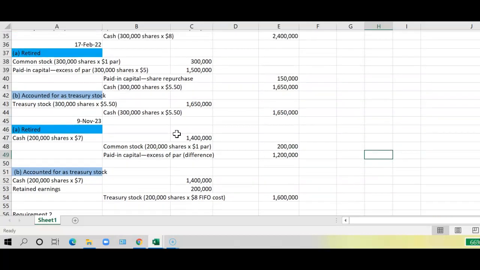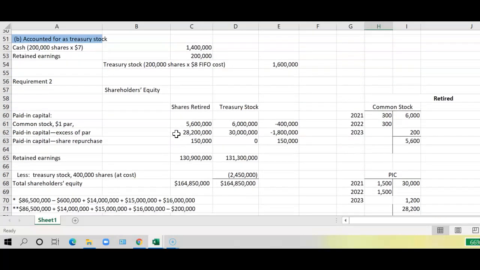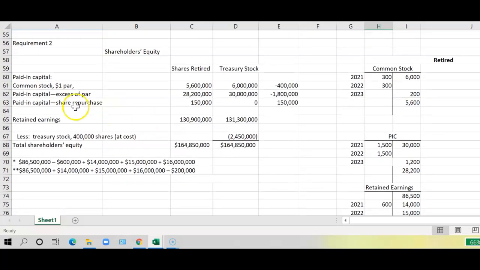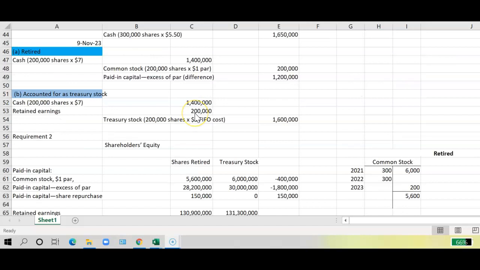The last is the paid-in capital shares repurchased, and we have shares repurchased recorded at $150,000 in 2020. So the actual paid-in capital shares repurchase would be $150,000, and the actual paid-in capital in excess of par, we can't forget the 2023, which is $200,000, so that is 5.6. I'm sorry,